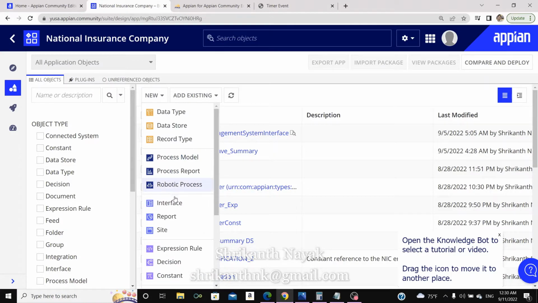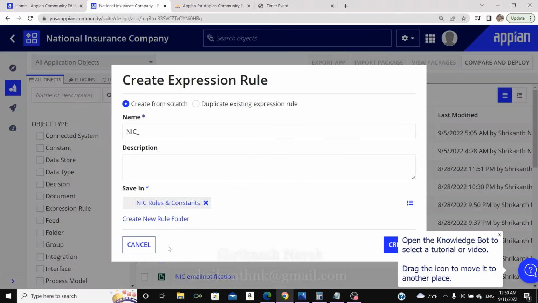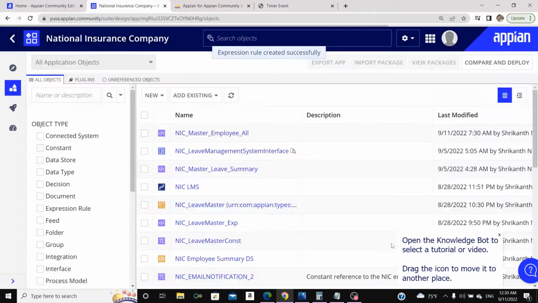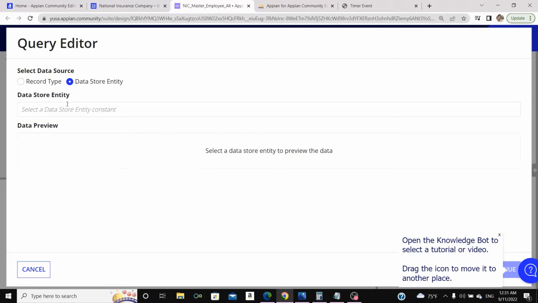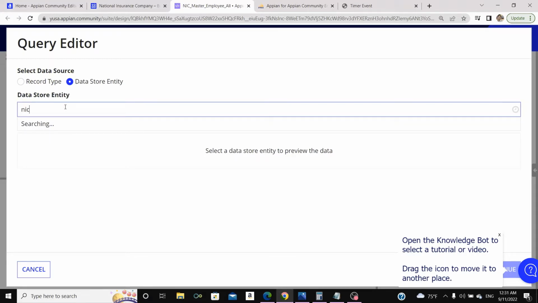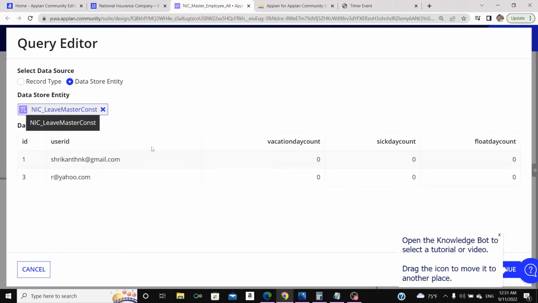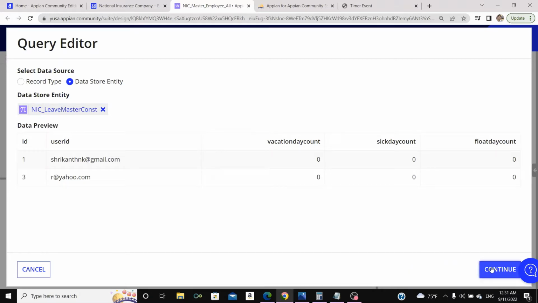I'm going to create an expression rule. Launch query editor, select data store entity, leave master constant, click on continue,